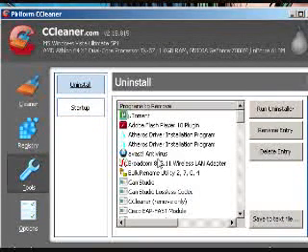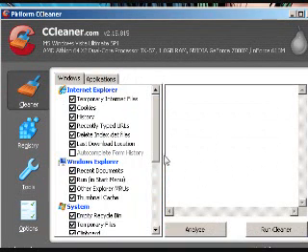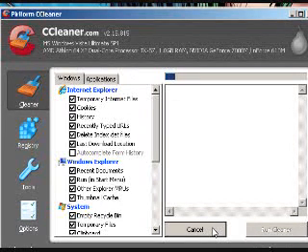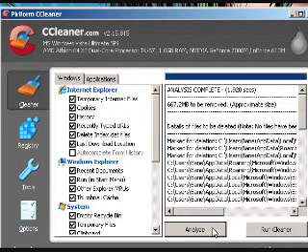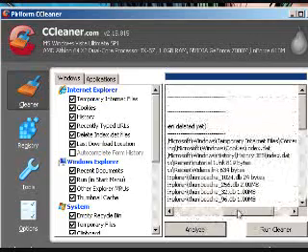So, since we uninstalled FLV Player, let's go ahead and use CCleaner. Now the cleaner, like I said, gets rid of a lot of junk. We'll hit the analyzer. 667.2 megabytes to be removed. This will empty your